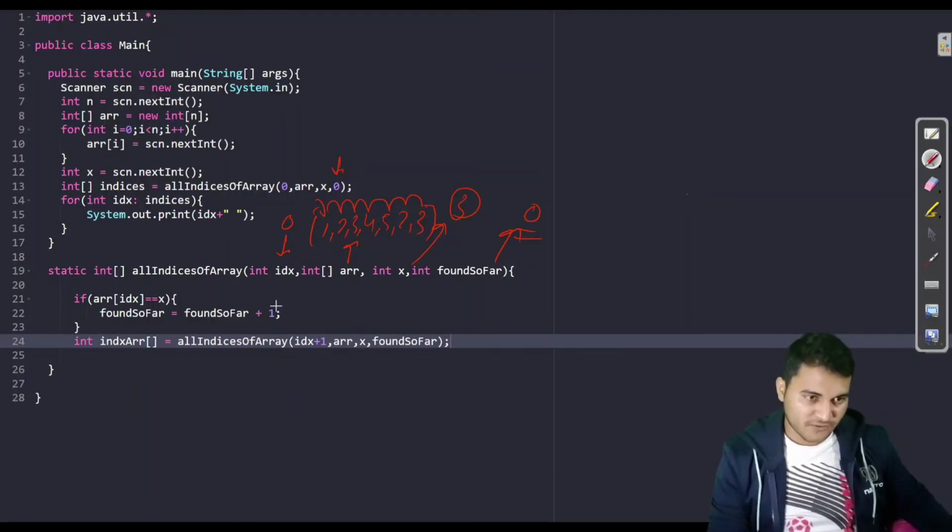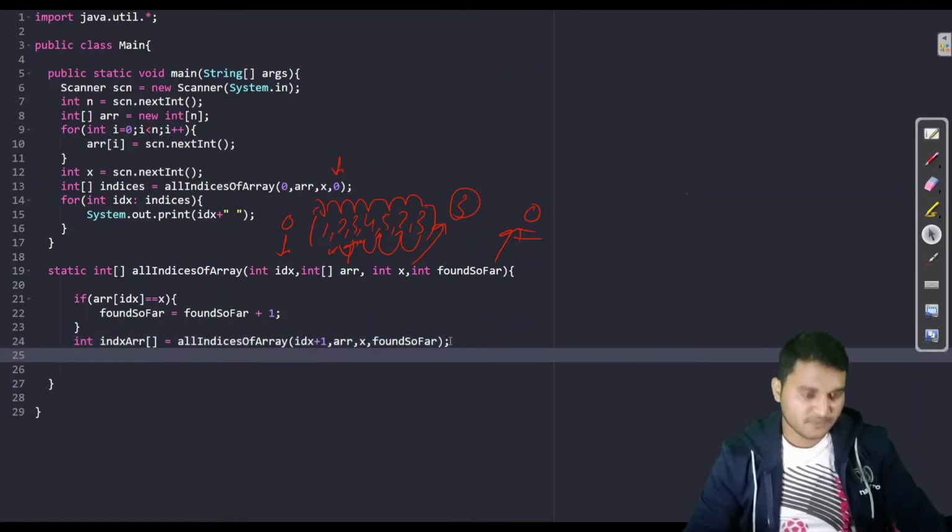The code which is before the calling of the function would be executed while going deep into the problem, and the code which is written after the call would be executed when we are coming back from our problem. So this code would be executed before this, and the code which I am going to write after the call would be executed while we were coming back from the deep.